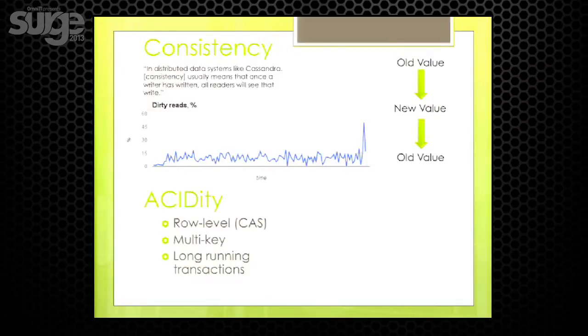And this graph I have here, we tried to measure this, and it's one of these things that's a bit difficult to measure in the lab. So it appears to be an infrequent thing, but in this graph, what we did is we messed with our cluster a bit. We introduced some latency, I think about 50 milliseconds, into our network. And suddenly we're getting 15 to as high as 30%, or as high as 45%, of our reads coming back dirty. And so this is where some of that acidity comes back into play.